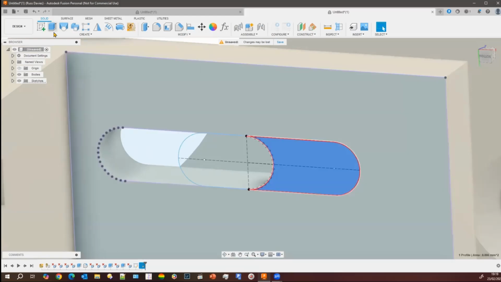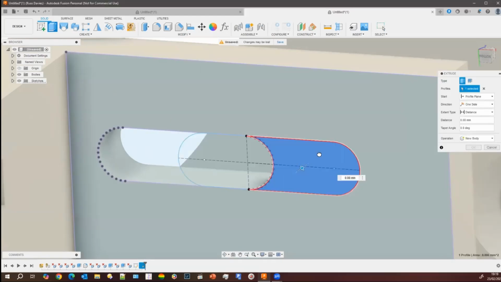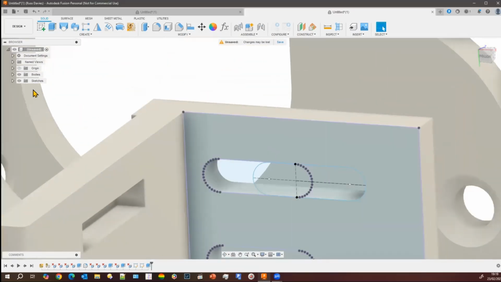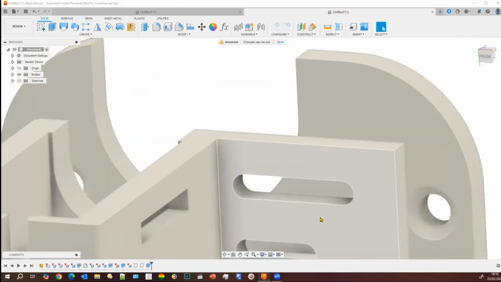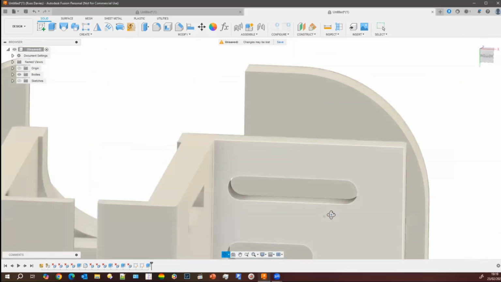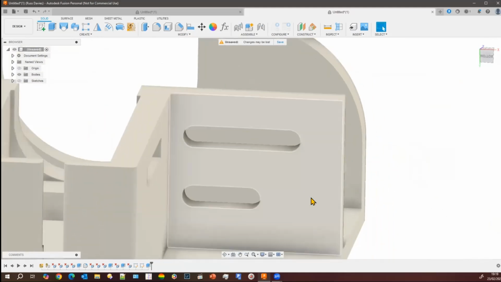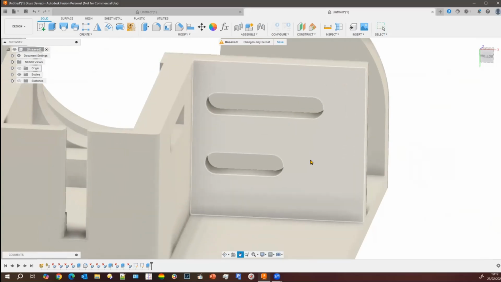Highlight that one, extrude it out, turn off my sketches, and I've neatly made that slot longer. I mean, you can do it other ways in the sense of what you could do, however,